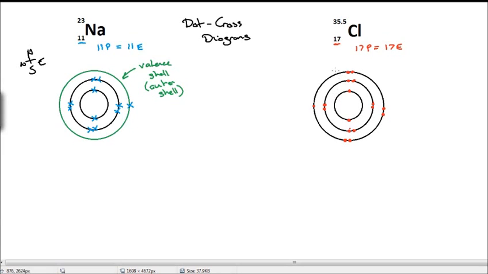Right then, so that is chlorine, and you can see again that in our outer shell, which is our valence shell,